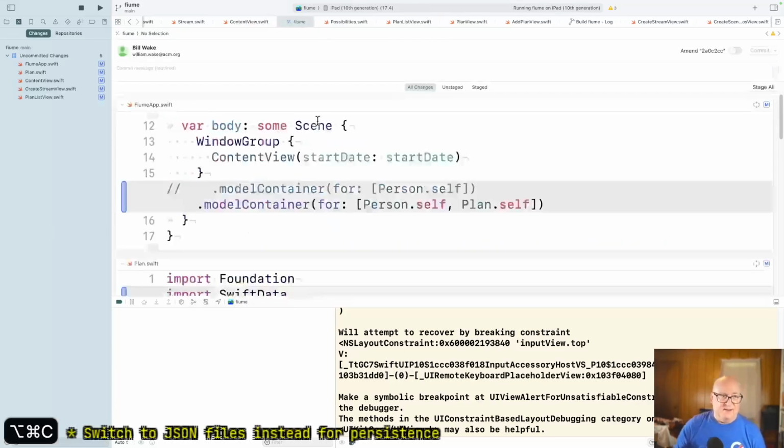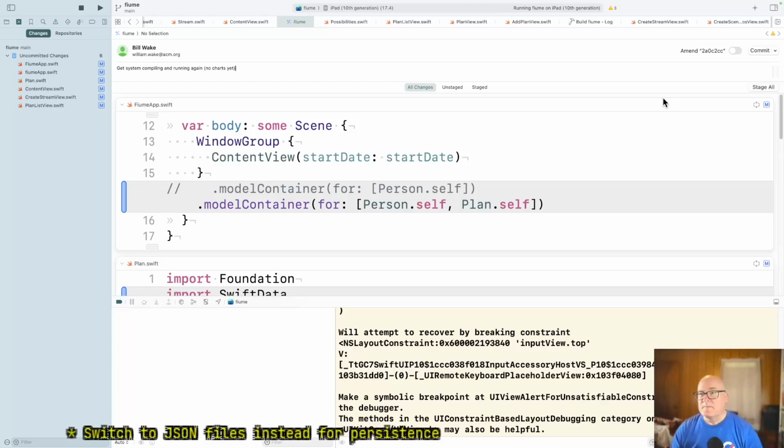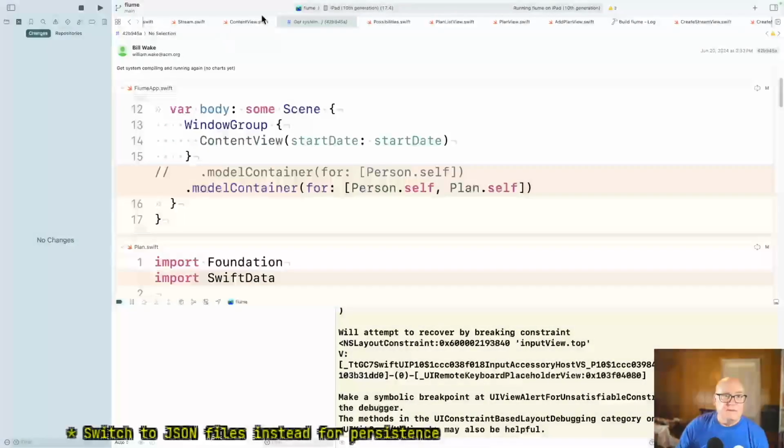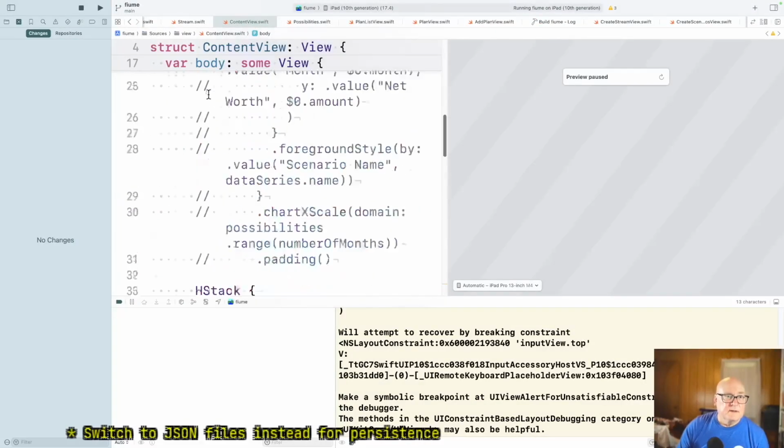All right. I'm going to commit this. So get system compiling and running again. No charts yet. Okay. And all right. And I think if we put the charts back in,